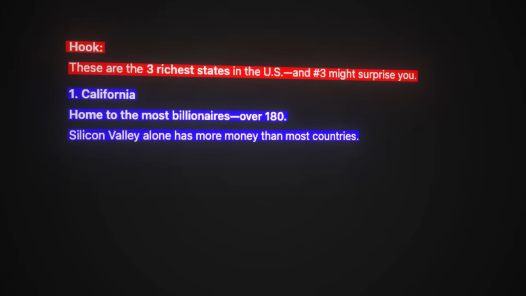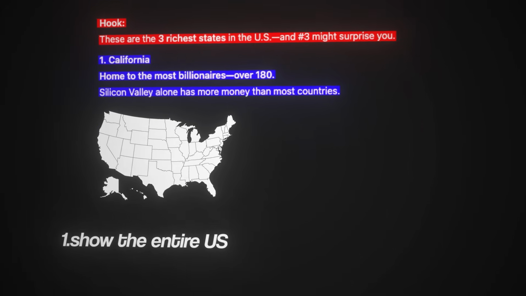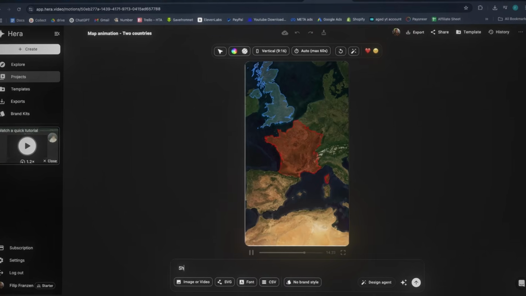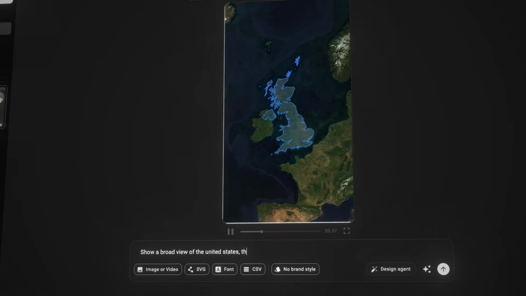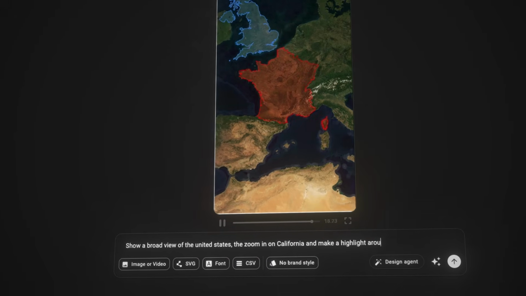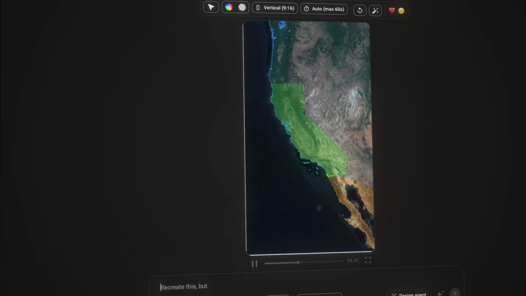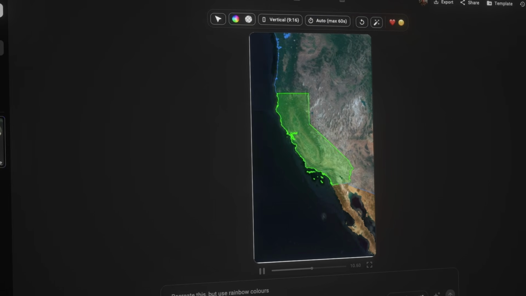For this part, we want the video to start showing the entire US and then zoom in on California. To create this animation, I'll enter a prompt saying, "Show a broad view of the United States," then zoom in on California and make a highlight around it with a neon line. Hit generate, and Hera will create a smooth animation that zooms in on the state of California and highlight it